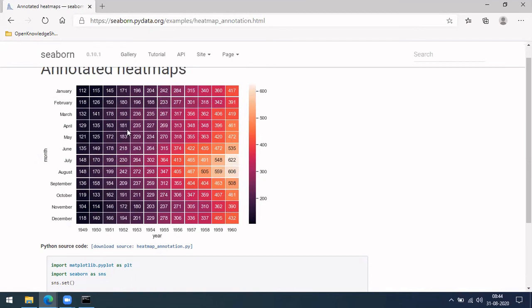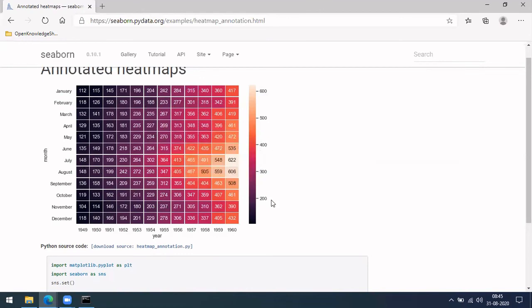So all these which were dark are quite low values, and where it is going bright is a high value. So from this you can interpret that slowly you have an increase, if you go year wise, right? So you have an increase in number of passengers. Similarly, if you see, you have very good values in August. So July, August, during this season, you have a high number of passengers. So such kind of interpretation you can do. So this is about heat map.